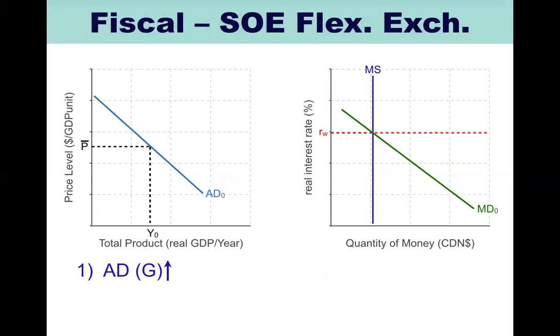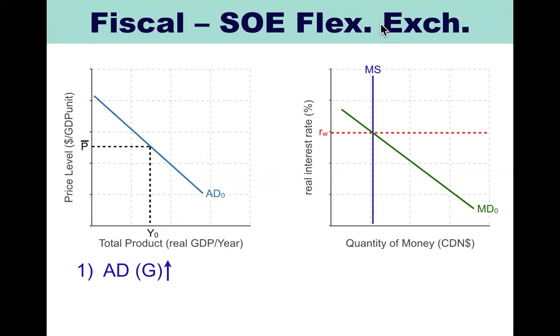Let's move ahead to our flexible exchange rate. When we have a flexible exchange rate, we're going to see, as was mentioned earlier, crowding out of investment and crowding out of net exports. And as we saw before in our monetary policy, when we have this world interest rate, RW, well, we know that at the end of this series of events, we're going to end up at RW. Right? So that's one of the things that we will see.